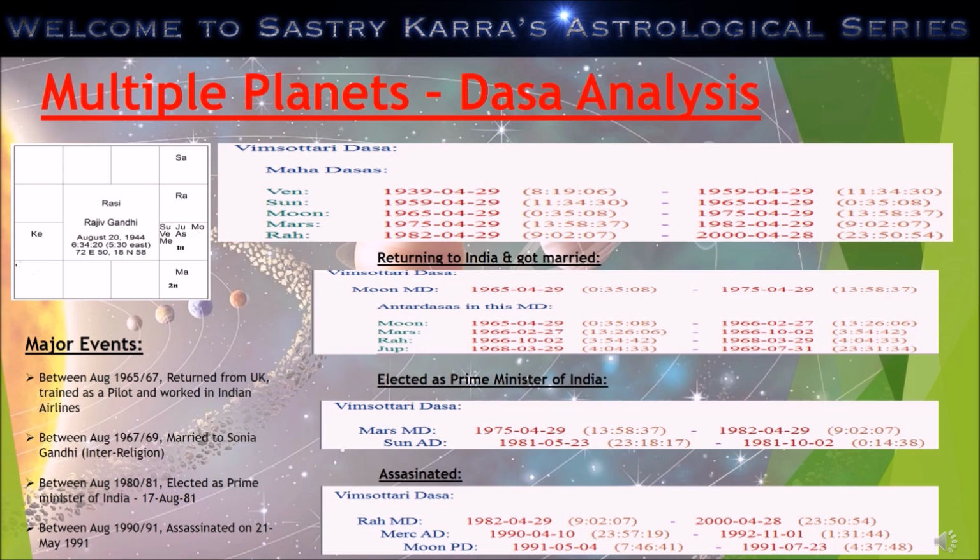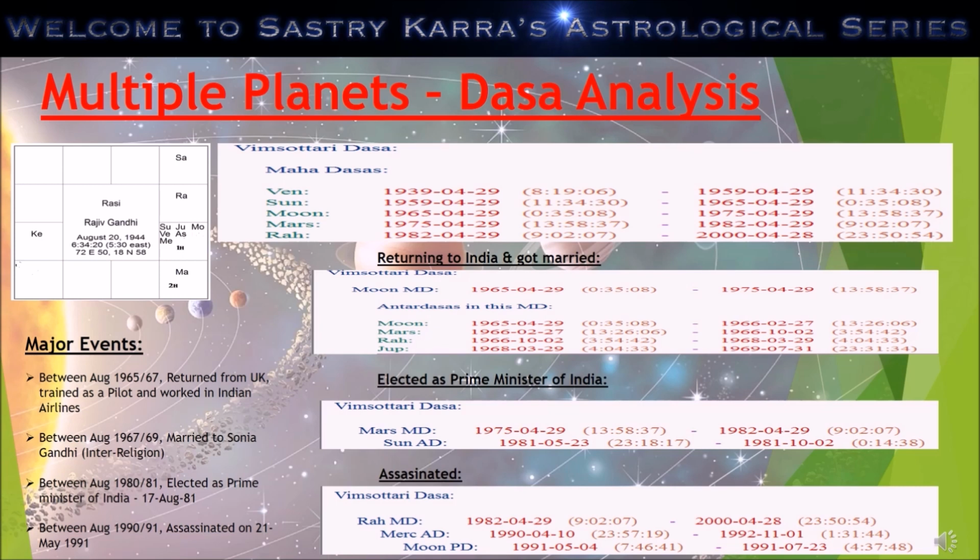And that happened somewhere. Some people say it happened in 67 through 69. Rahu Mahadasa, Antardasa is all the way till March 1968, and then comes Jupiter. So I'm fully confident that whatever was supposed to happen was completed by March 1968 unofficially, and officially he might have got married later. That doesn't matter. But from an astrological perspective, he had the ability to get married and had the pleasures of bed somewhere before March 1968.